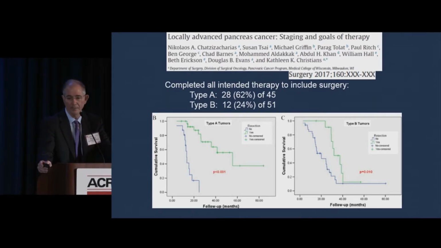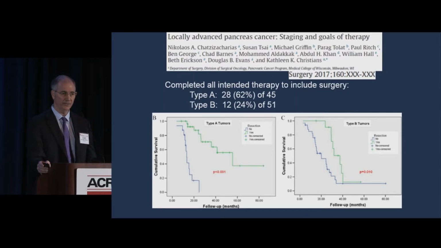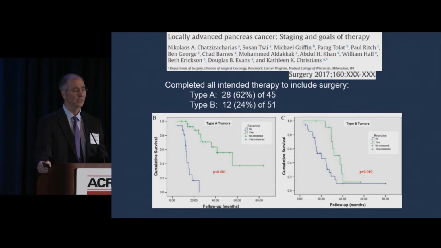In patients with type B locally advanced disease, it was much lower. So in the more contemporary experiences, a patient with a resectable tumor given neoadjuvant therapy, 90% of those patients will have their tumors surgically excised. Borderline resectable, it should be around 75%. Locally advanced type A, around 60%. And you can see how valuable that is to setting expectations for the patient and their physicians at the time